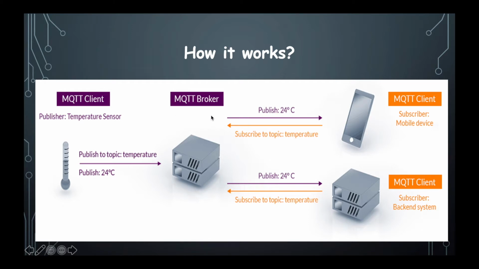So how the communication is happening is via topics. Let's say the MQTT client where we have this temperature sensor is publishing a value to the topic temperature. It will be published to all the nodes which are subscribed to that particular topic. Let's say this temperature topic is subscribed by these two mobiles and another server. So whenever you send any message from this temperature sensor, it will be published to all the nodes which are subscribed to it. That's how MQTT works.